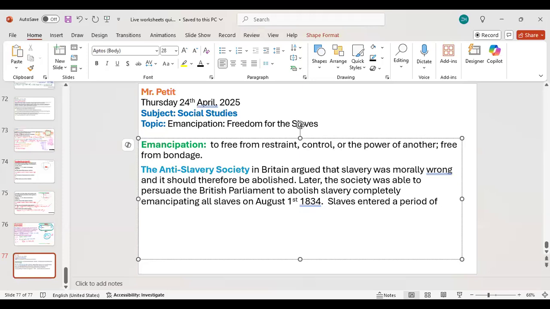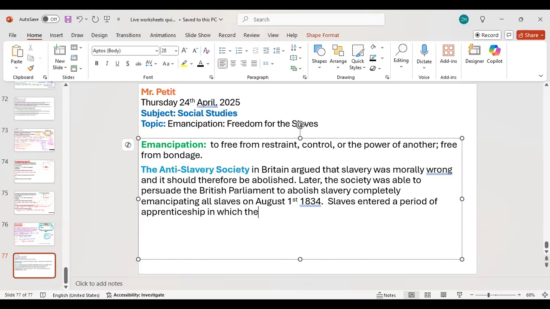Not some, yeah, they had some form of apprenticeship, right? Apprenticeship is when what? What is apprenticeship? They work for money instead of working for free. Exactly. They would work for money instead of working for free. Slaves entered a period of apprenticeship in which